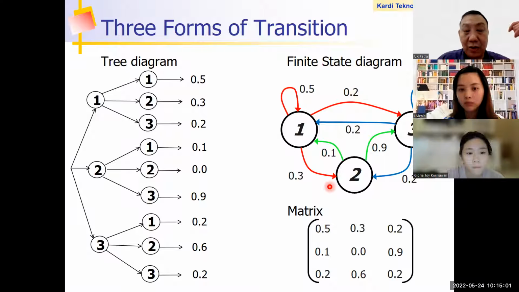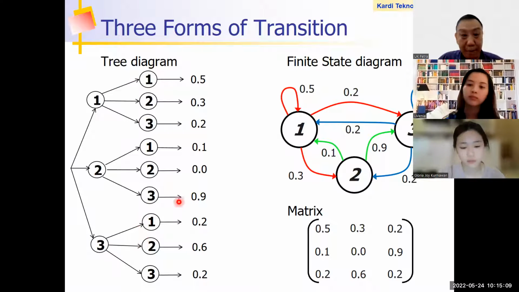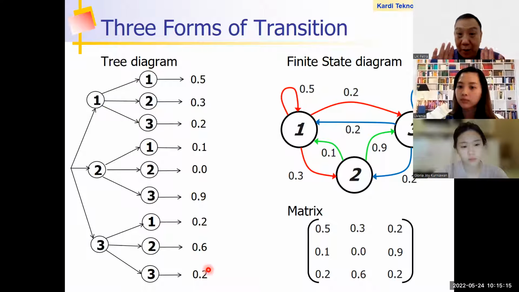So this matrix can also be represented as a finite state diagram like this. This is a transition graph. Or if you want to make it more complex, we can also make it into a tree. So today, this is tomorrow, and this is the probability. Up to here, is it clear or not? Easy, right? Markov chain, very easy. Okay, wait until later.